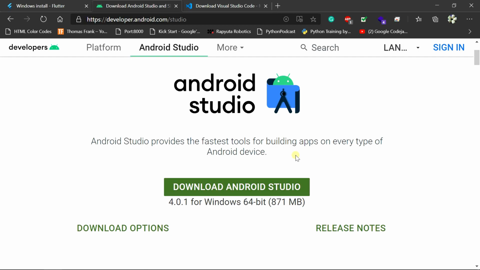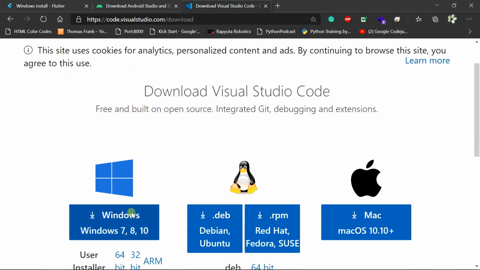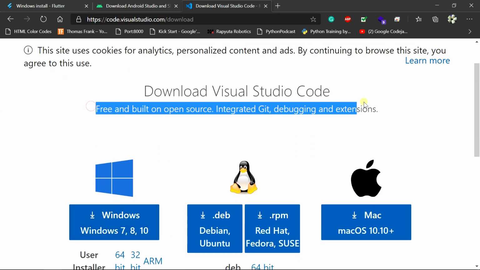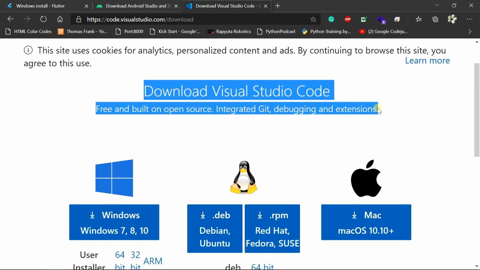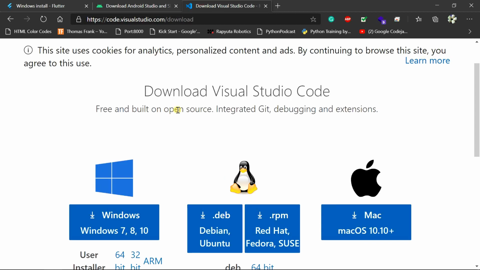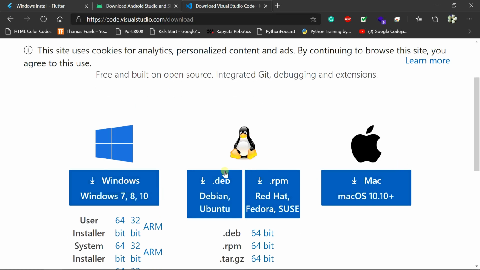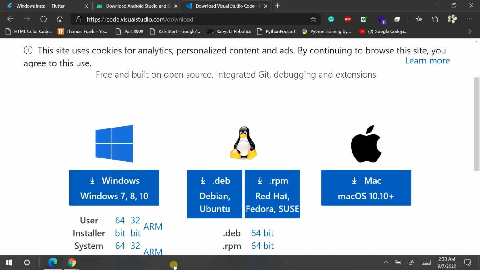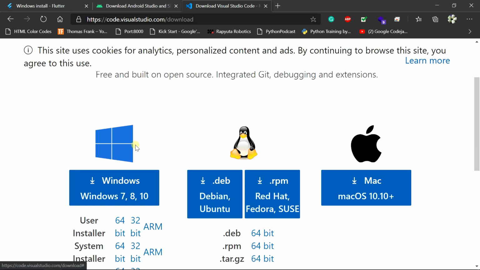So the next thing is VS Code. Everyone knows about it if you have been a developer. I guess we'll be using Visual Studio Code for the actual code writing instead of Android Studio, right? Yeah, the reason behind this is that Visual Studio Code is much lighter than Android Studio. It's a lighter editor. Got it. Understood. So again, you can choose your operating system, Windows. I already have Visual Studio Code installed on my PC, and let's move on.